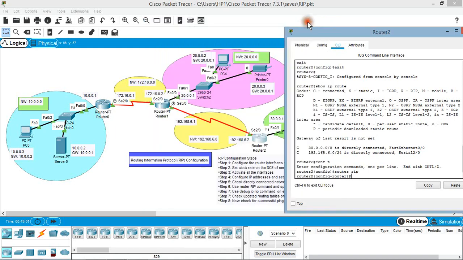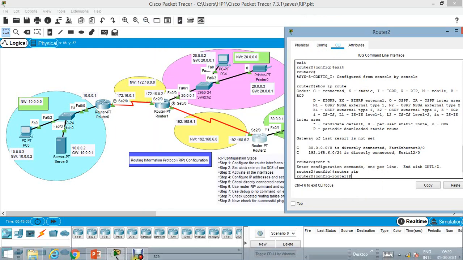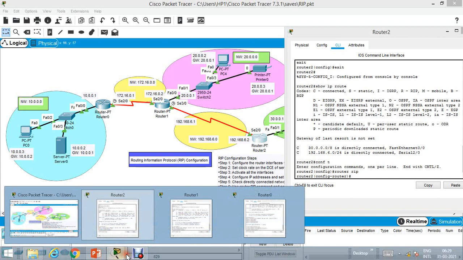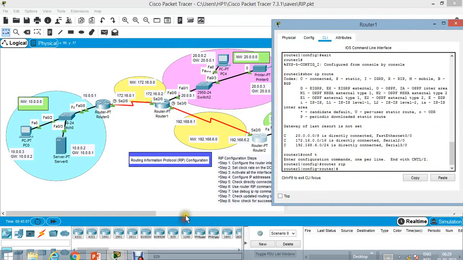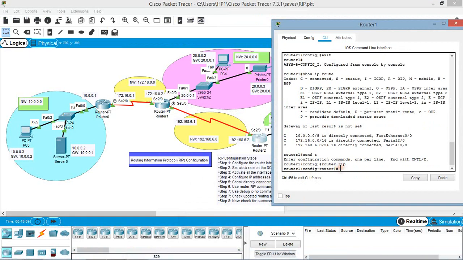Now similarly we'll configure the RIP routing commands on router 1. On router 1 we are already in config router mode, so here we can specify the networks which are directly connected to this router. There are 3 networks which are directly connected here. The first network is the 20.0.0.0 network.